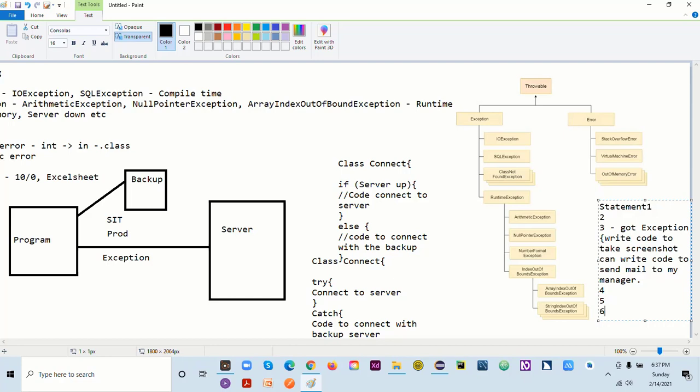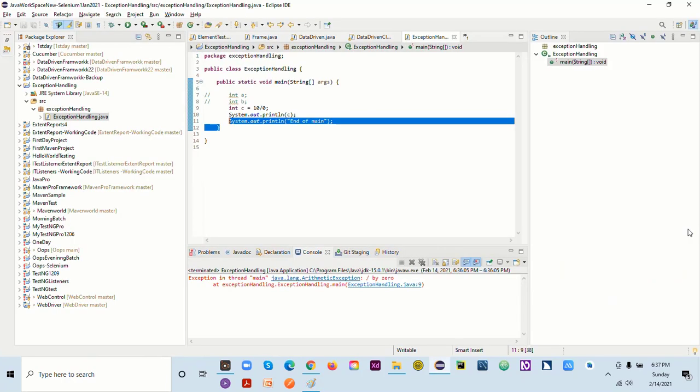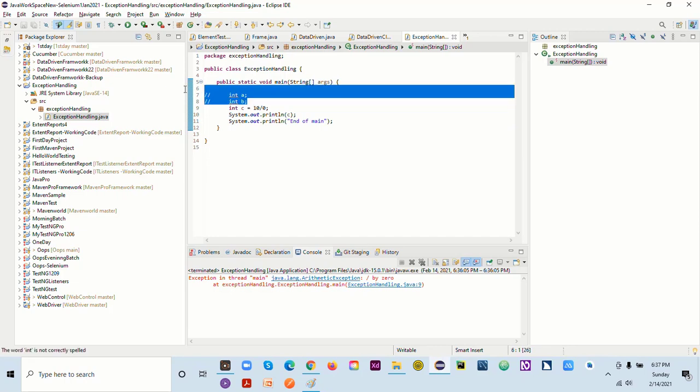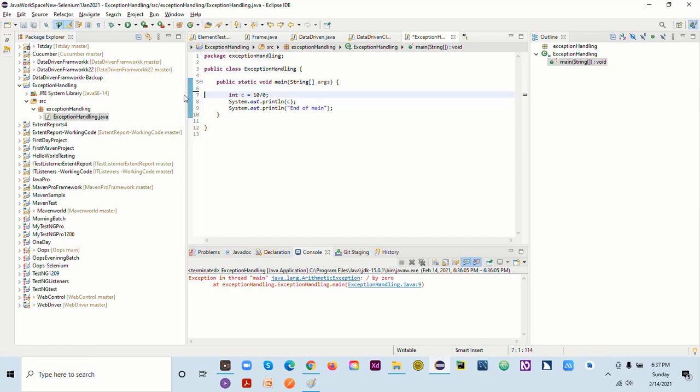So what we can do here is work on this. Let's say I have this one. Instead of this, I will have my normal code in a try, so let's have it under a try.